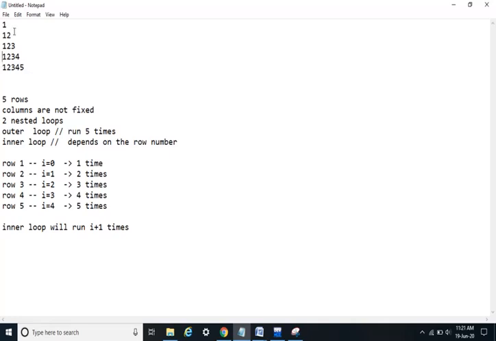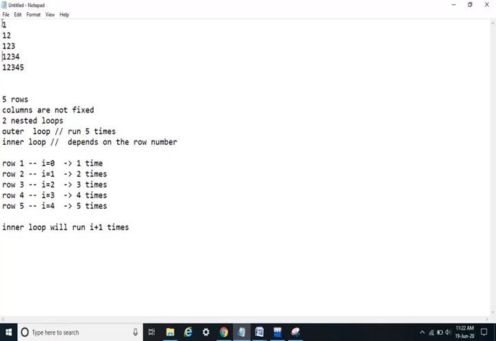So the points to note down here: every time the numbers will start from 1 and go on to the time when our columns are needed. So for one column we need only one number, for 2 columns we need 2 numbers, and so on. Now the question is how to turn this into code.